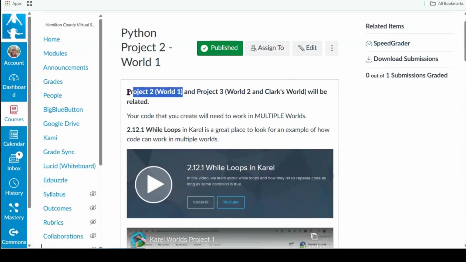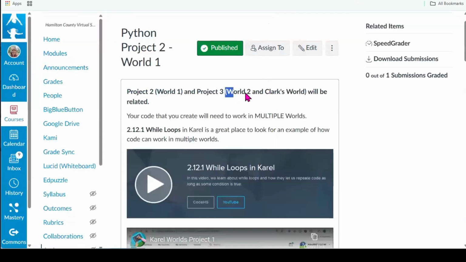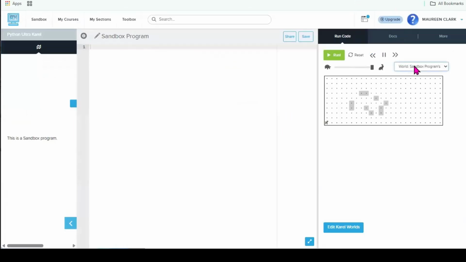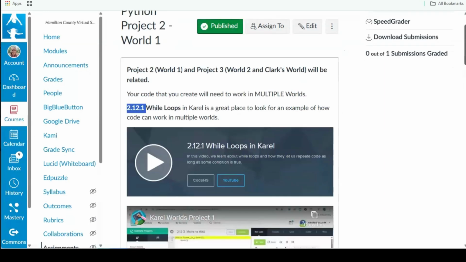Alrighty. Project two is one world. Just like how I made the world over here. So this might be student world number one. And then world number two, you're going to make a second world over here, and that might be called student world number two. So just like in this lesson 2.1 or 2.12,